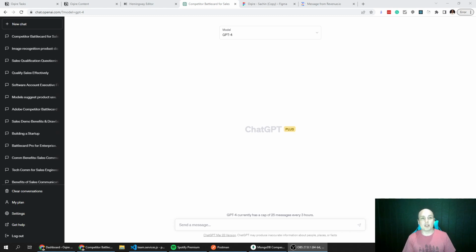Now, part of that obviously is looking at competitive solutions myself, taking some screenshots, putting together a list of features that these other tools have. But I've come to learn that ChatGPT can significantly improve, or speed up, I should say, this process for me. So as an example, with Oqire, what we're currently working on is creating a new feature for competitor battle cards. If you're not familiar with what a competitor battle card is, it's basically a document that salespeople can use to understand what their competitors sell, what their pros and cons are, and how they can position themselves in the market.